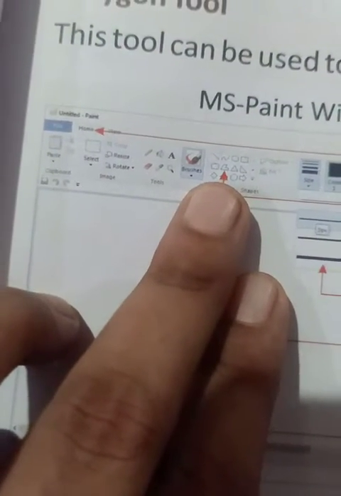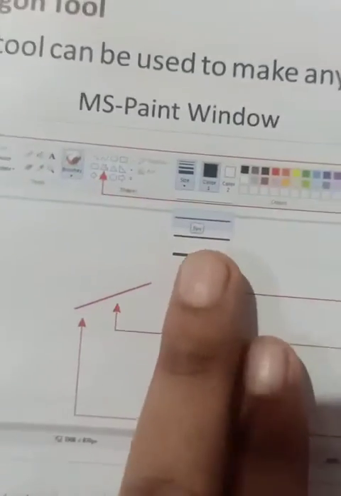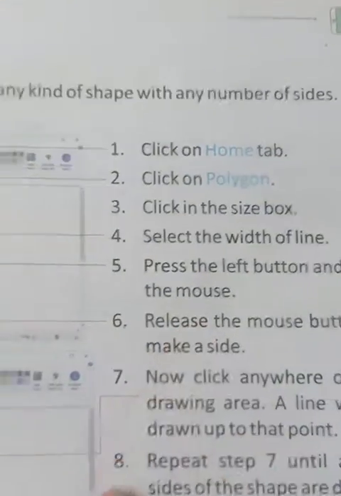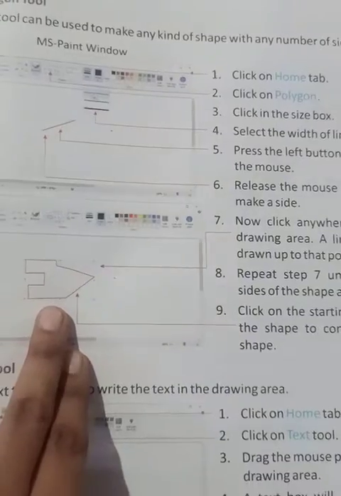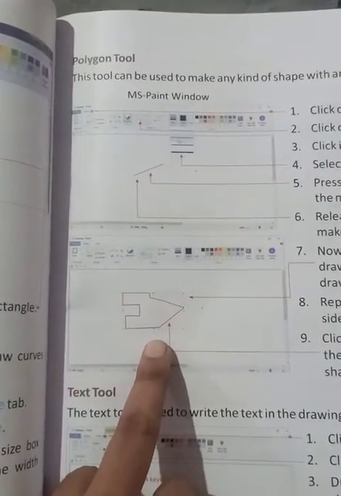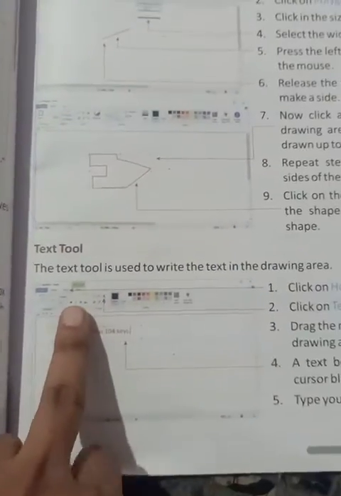We will click on the size and select the line width. Then we will draw the polygon, and the diagram will be like this. How many sides we need, we can draw according to it.